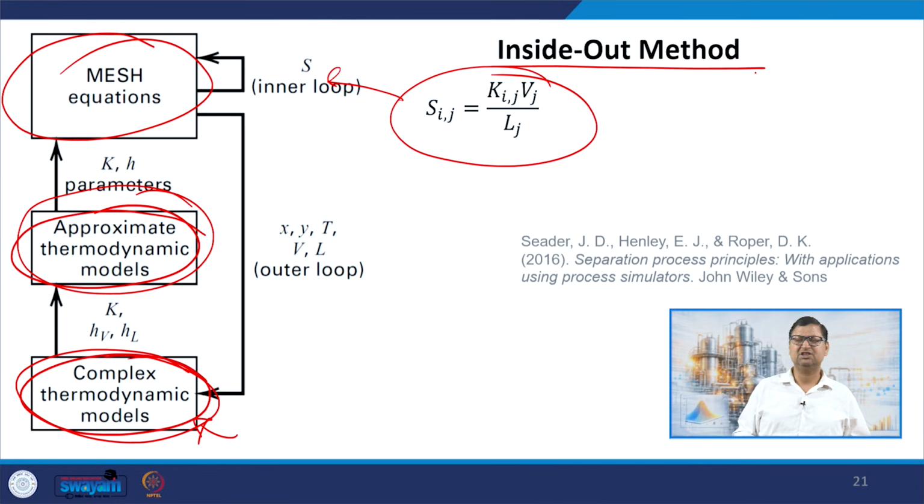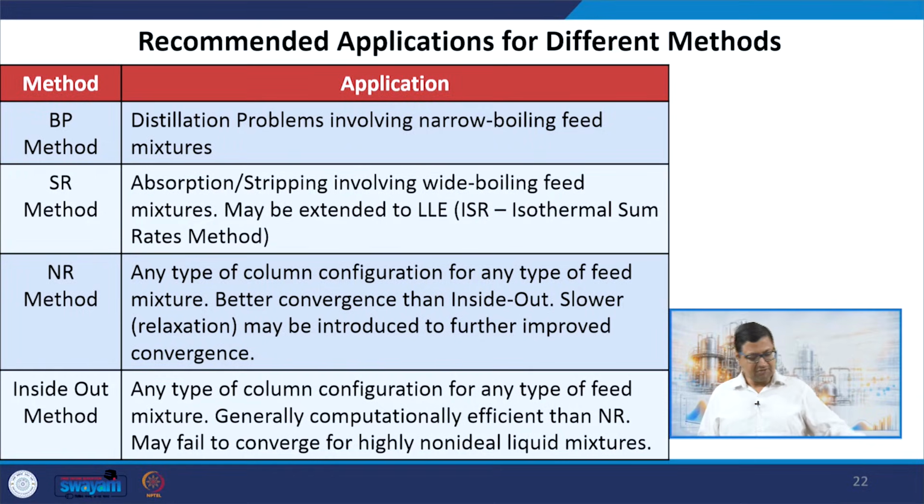I will not have time to discuss all the details that go there, but I hope you get the fundamental idea: since we are solving thermodynamic models in every iteration, can we divide this into two loops, an inner loop and an outer loop, and use approximate models for the inner loop and a complex model for the outer loop, and so on, right. We can of course read more details in books and software manuals that you are using. Okay, so with that I conclude the discussion on the different equation tiering methods for the equilibrium simulations,